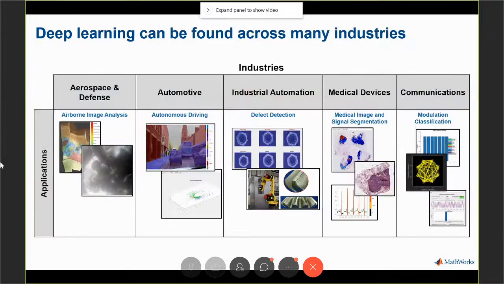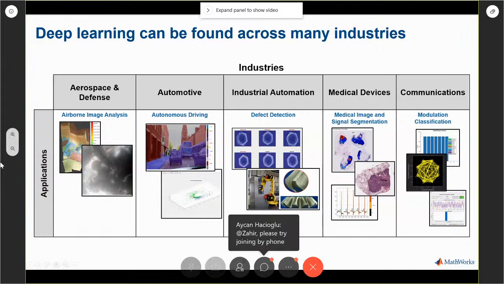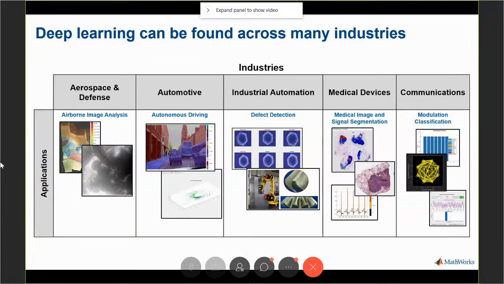Here are some of the key applications in key industries that involve deep learning across a wide range of industries and applications. For example, in aerospace and defense, deep learning can be used to analyze satellite images and detect objects of interest. What about automotive? In the automotive industry, we can use many techniques, including one called semantic segmentation for automated driving applications, by segmenting the drivable path and other objects such as cars, pedestrians, and